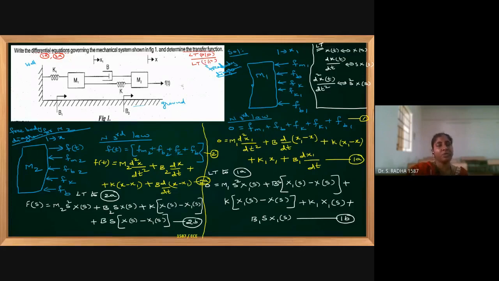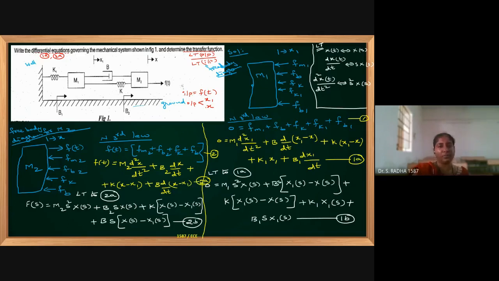Everywhere, applying force is the input, and the output is nothing but displacement. Input is f of t, and we have two outputs here. One is x1 displacement, second output is x. The two displacements are there because of applying a force in the entire setup. X1 and x are the parameters representing displacement.